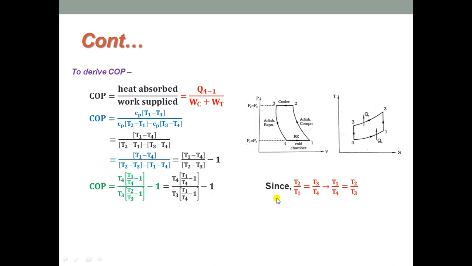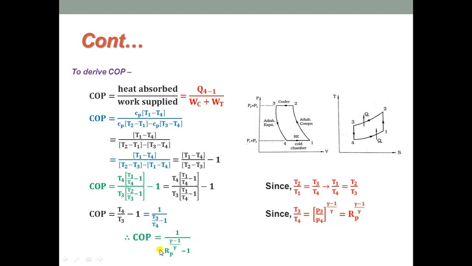Then we have the relations between temperature and pressure, and we have the temperature ratio as maximum to minimum. So T2 over T1 is equal to T3 over T4, and by rearranging the terms we can write it as T1 over T4 is equal to T2 by T3, and here you can replace either T1 over T4 or T2 over T3 as T1 over T4. So it gets cancelled, and the expression becomes T4 over T3 minus 1, and T4 is moved to the denominator. We have the relation T3 over T4 is equal to P3 over P4 whole to the power of gamma minus 1 over gamma, which is also equal to Rp to the power of gamma minus 1 over gamma.